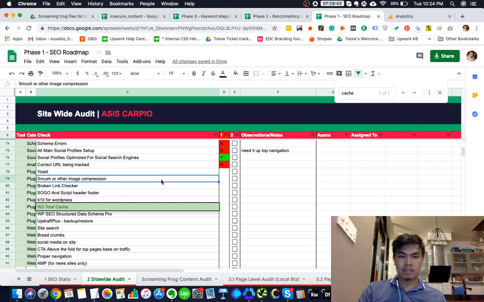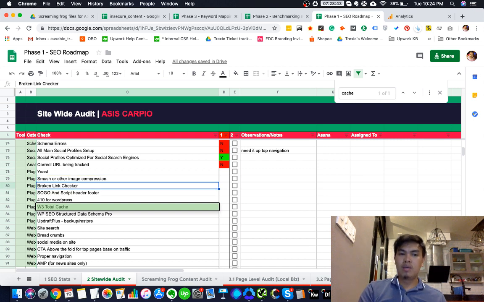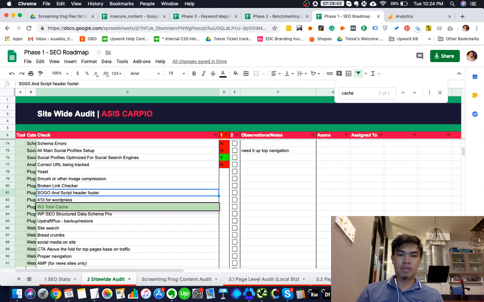Yeah, so Smush or other image compression, you just look. Broken link checker, what this does is it gives you a daily update of links for pages coming from your site. Sogo and script header, this is used for basically